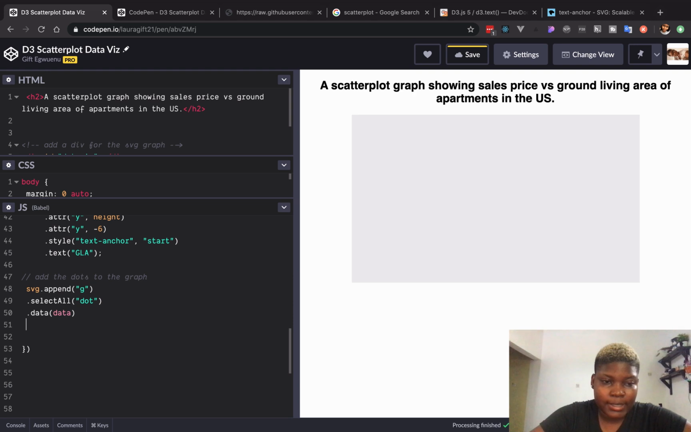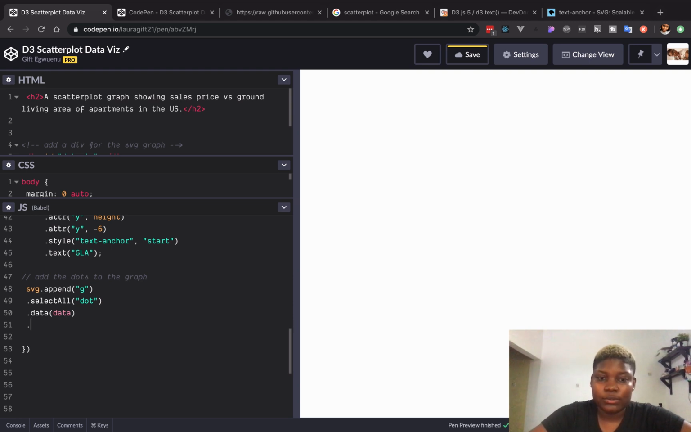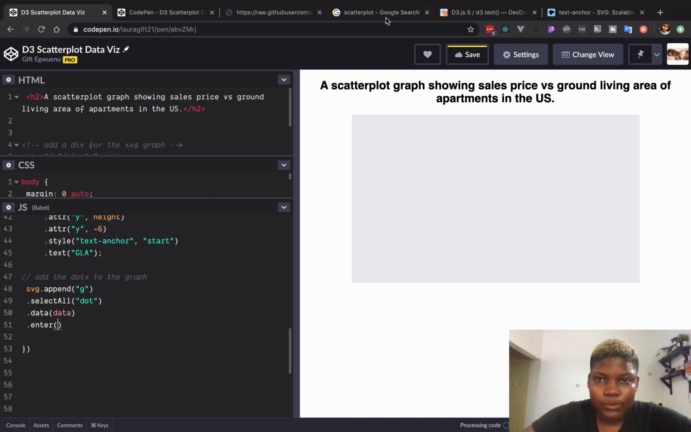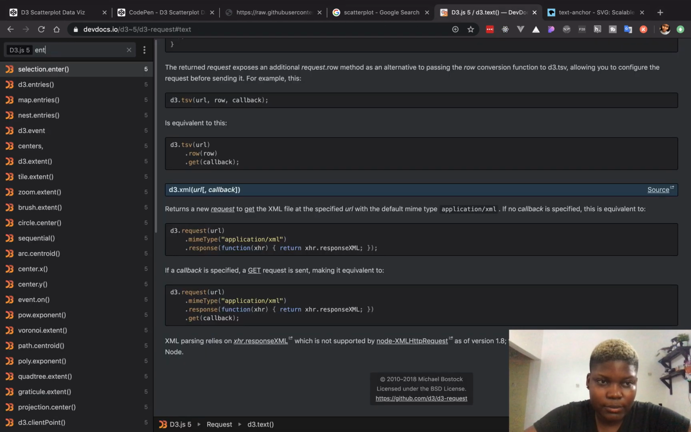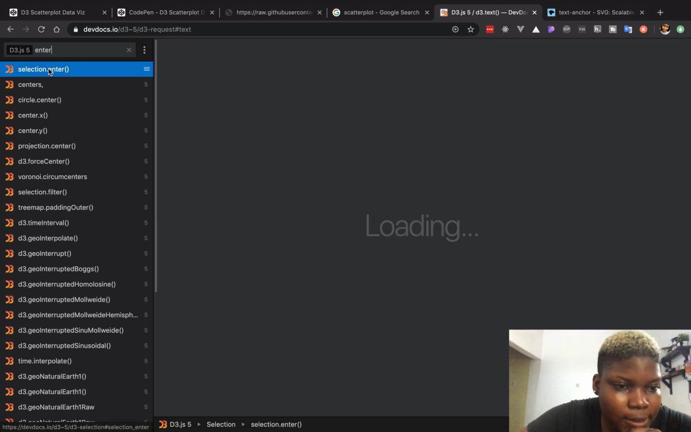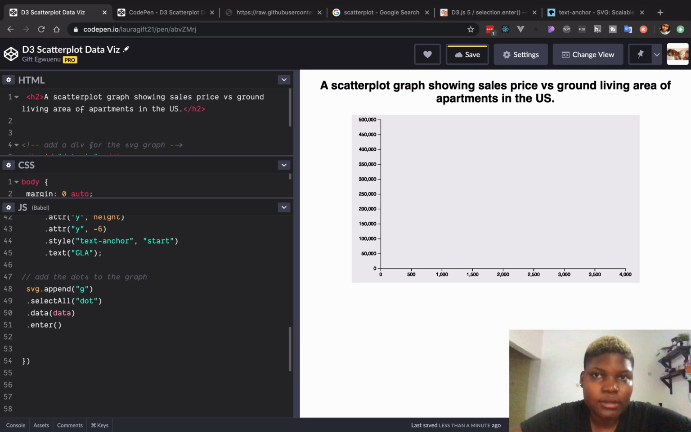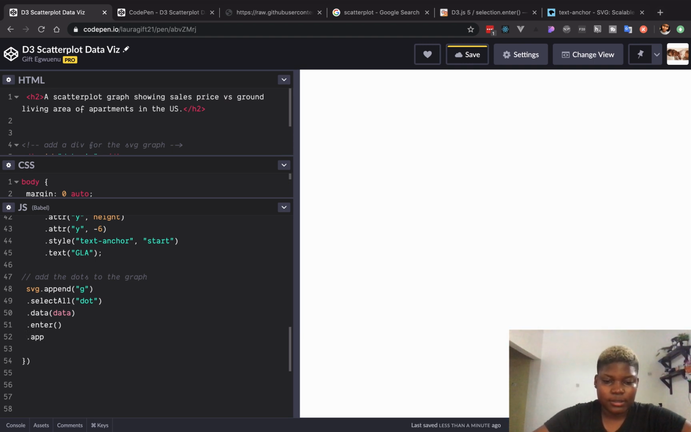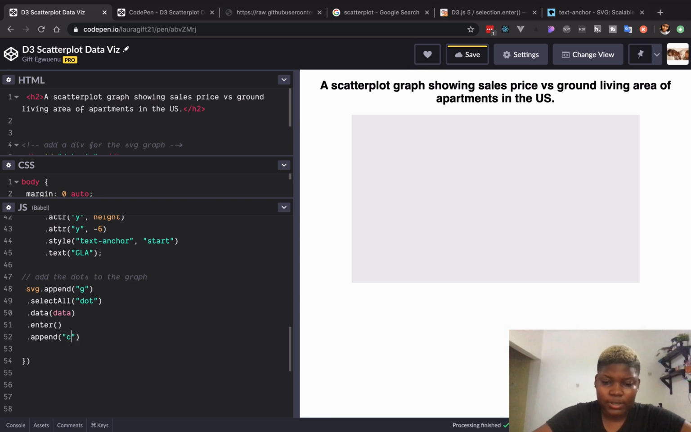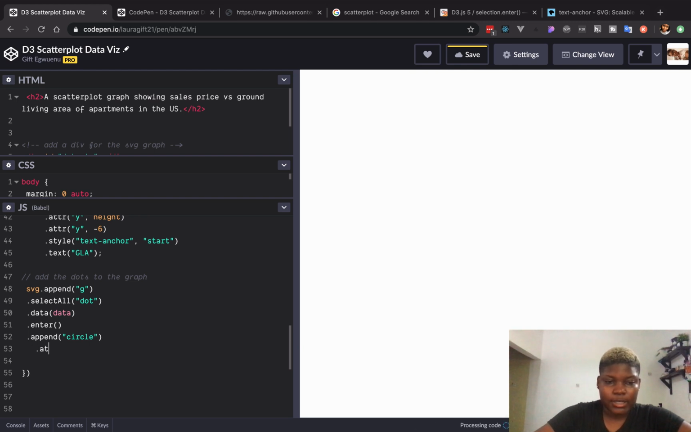We want to add the data, and the next step is to enter. So what does enter do in D3? Enter selection is typically used to create a missing element corresponding to new data. So when you do select all div, data, enter, this is exactly what I'm trying to do. And append, because I want to represent this using circles, I'll append a circle,